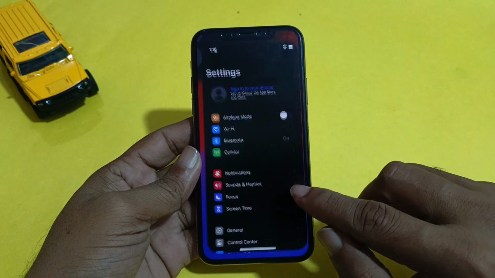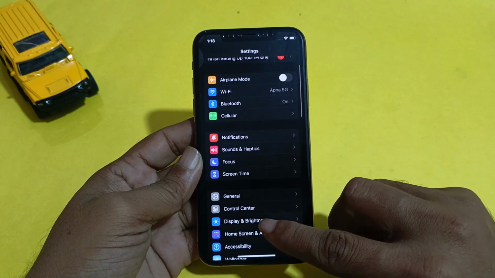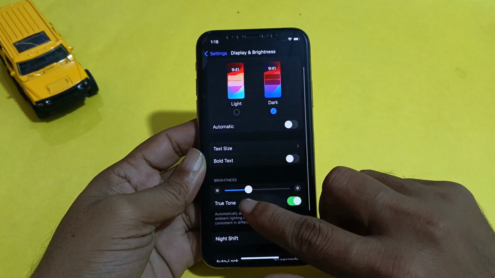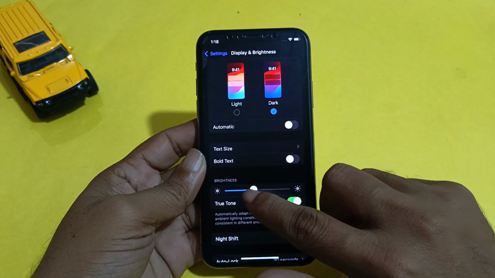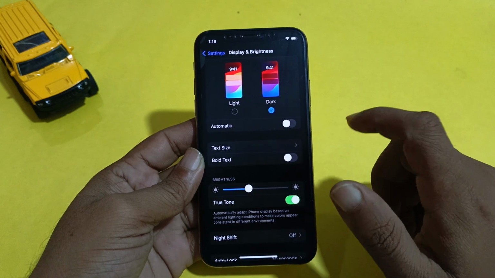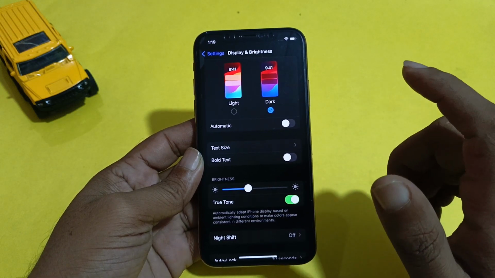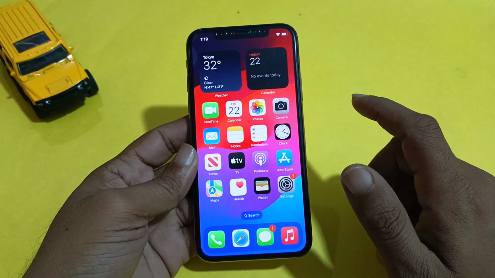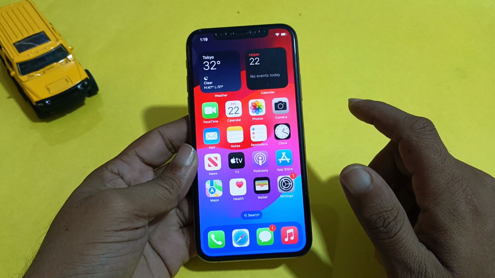So just simply go to Settings here. Here you can see Display and Brightness, and just go to the brightness. So increase and decrease it to fix your problem. Adjust it your way. So just simply go back, and if the solution is not working, then we move to another, which is disable